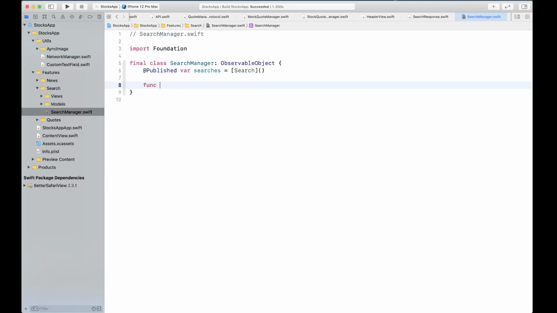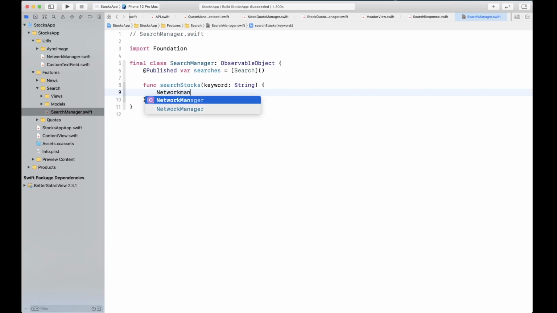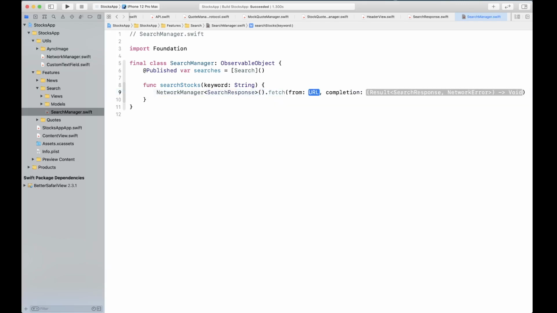Then we're going to have a function called searchStocks, which is going to take a keyword to be searched, and we're going to simply call our network manager with the search response, and call fetch on that.